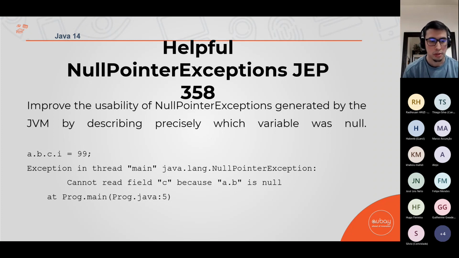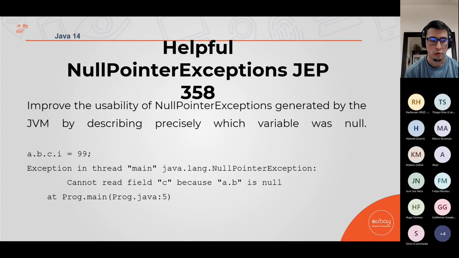And the exception we have is cannot read field c because a.b is null. So now it's very easy to see that B is null. This is the reason why I cannot access or read the field c. So it's easier to identify NullPointerExceptions.